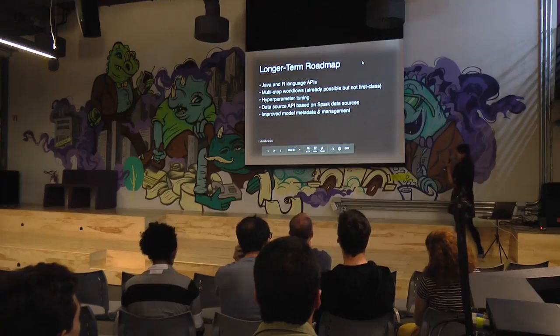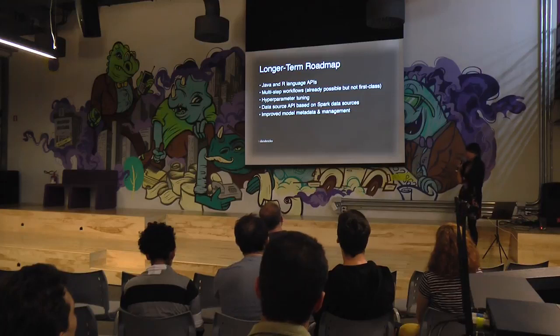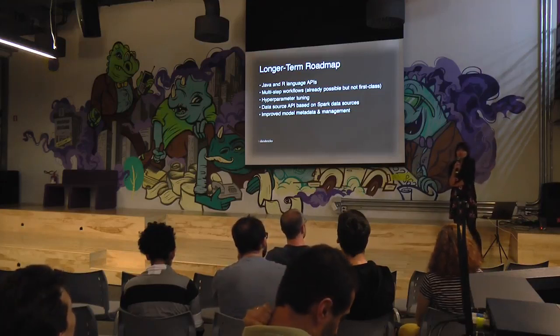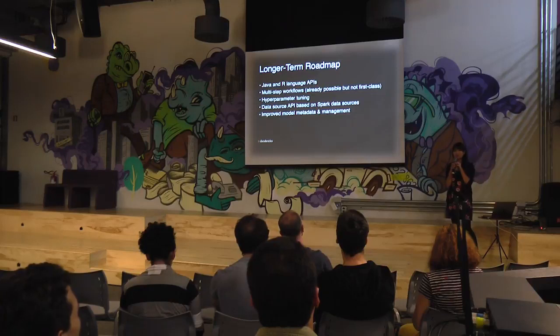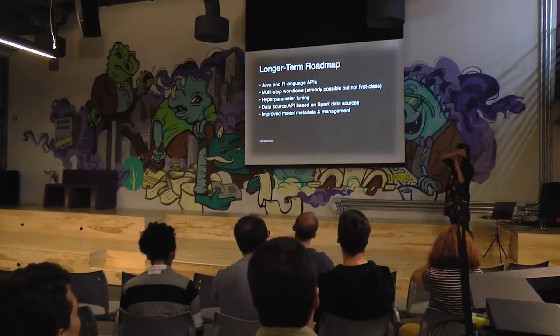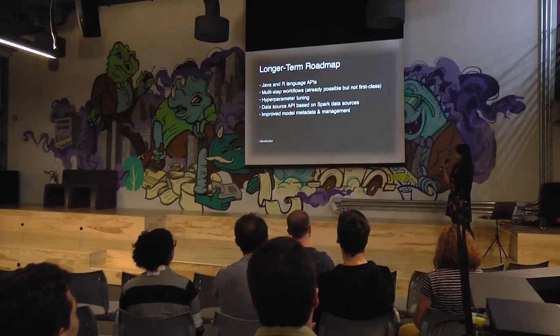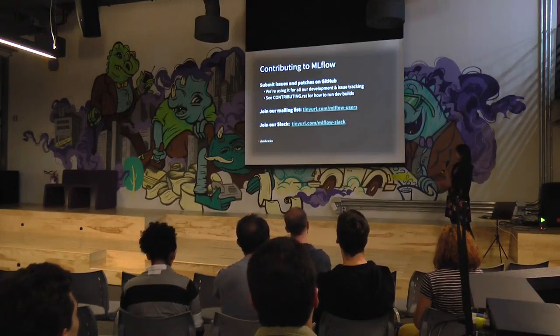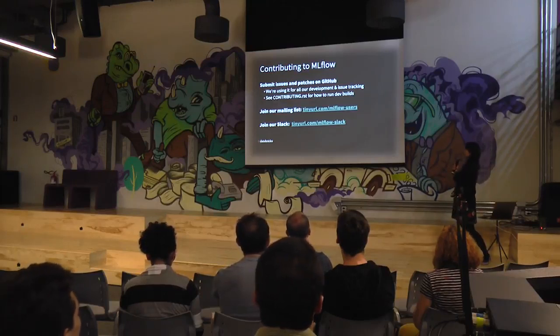So we have a roadmap. It currently does not support R and Java. It does support Python really well. So if you're a Python user and if you use scikit-learn, XGBoost, you can give it a try. And we don't support hyperparameter tuning now. We definitely plan to. All data scientists use hyperparameter tuning. So yeah, things like grid search, multi-step workflows, those will be available, it's on the longer term roadmap. And it's open source, so feel free to contribute to MLflow.